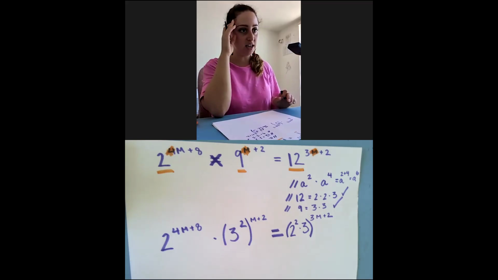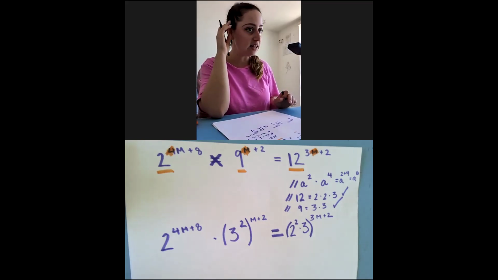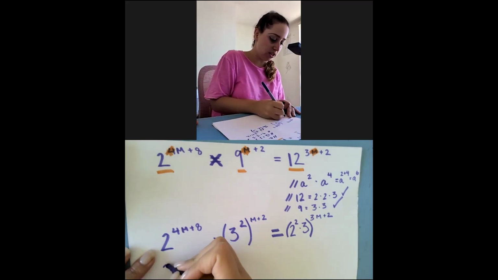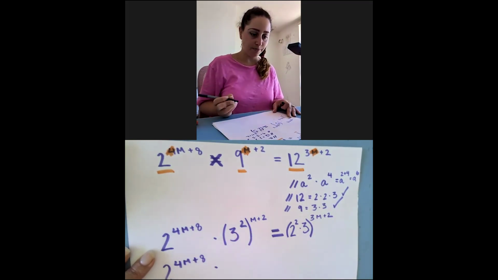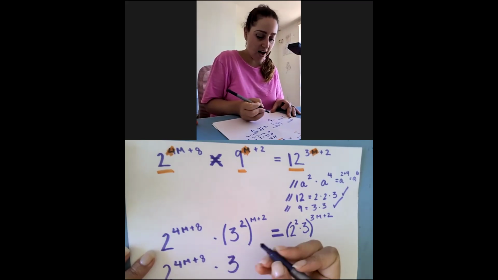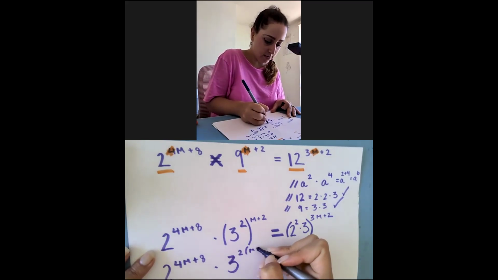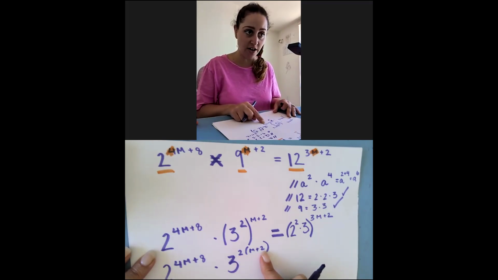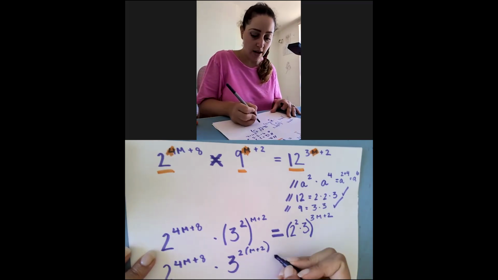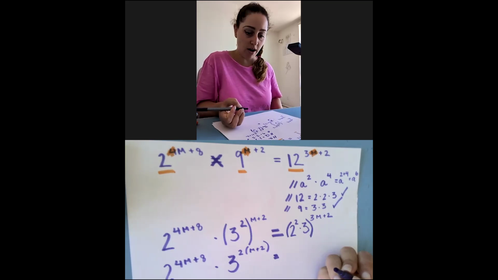Okay, our goal is to now simplify, basically clean things up if we can, get rid of any parentheses if we can. So I'm going to clean this up by rewriting what I had there. This 3 can have a dropped parentheses by bringing that 2 up. Algebra and rules tell us that this 2 is multiplying by the entirety of the m plus 2. And here I can rewrite